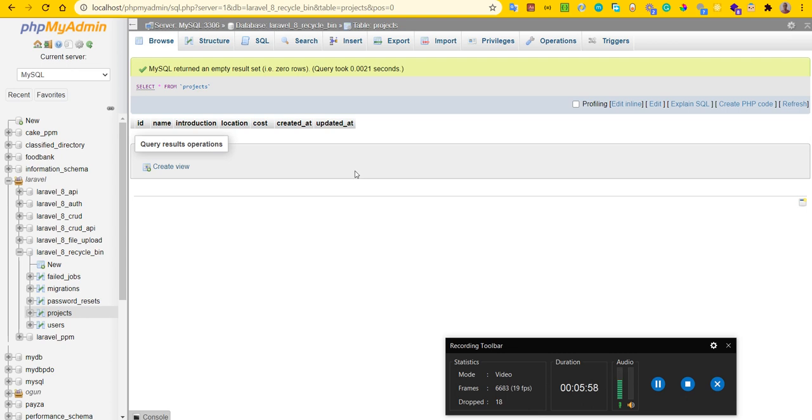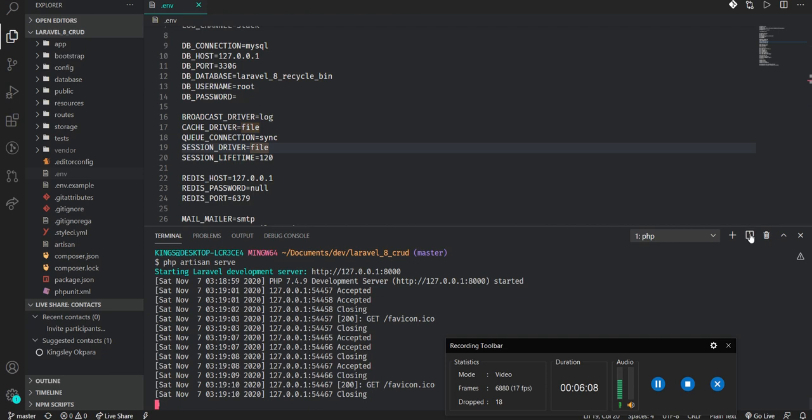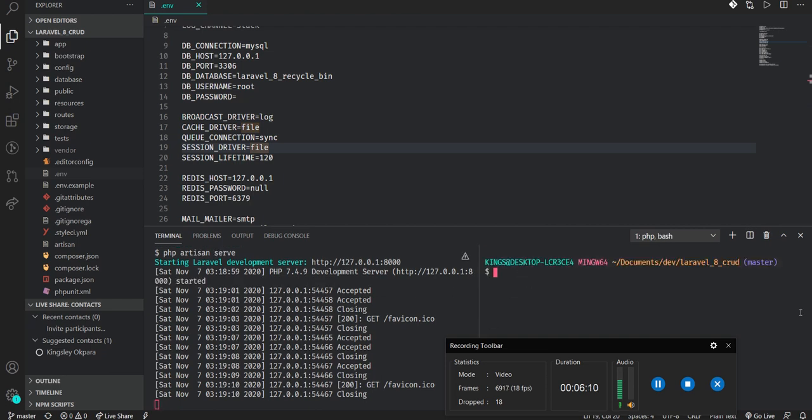Now how do we add another column to this? We can alter the table. I open my terminal. I have this php artisan make:migration. Now what is the migration?